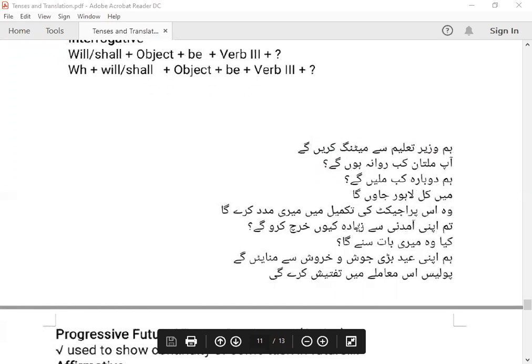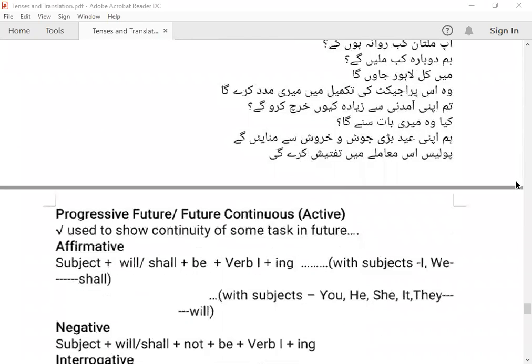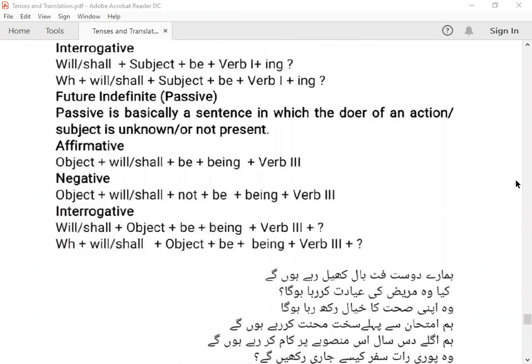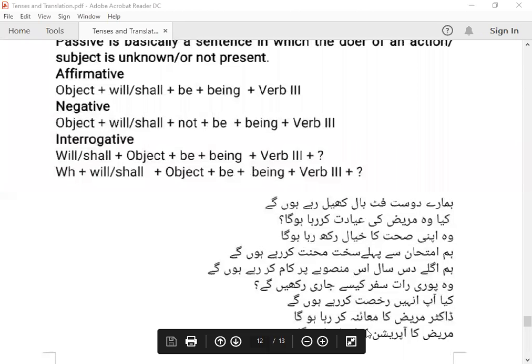जैसे यहाँ पर है वो इस प्रोजेक्ट की तकमील में मेरी मदद करेगा, तो इसके लिए हम क्या यूज़ करेंगे, ही विल नॉर्मली हम यूज़ करते हैं, लेकिन अगर ज़रूर मदद करेगा का लफ्ज़ लगाएंगे तो फिर शैल लगाएंगे। ही शैल हेल्प मी इन द कंप्लीशन ऑफ दिस प्रोजेक्ट, राइट। तो जब हम एम्फसाइज करना चाहें, स्ट्रेस देना चाहें किसी भी फ्यूचर टेंस में, तो विल और शैल के जो नॉर्मल रूटीन है उसको रिवर्स कर देंगे, आई और वी के साथ विल लगाएंगे और रिमेनिंग पार्ट के साथ फिर शैल लगाएंगे, जो कि नॉर्मली इस तरह से नहीं होता। Right now, I hope you have got it very well. You have understood all the things. So now we are going to